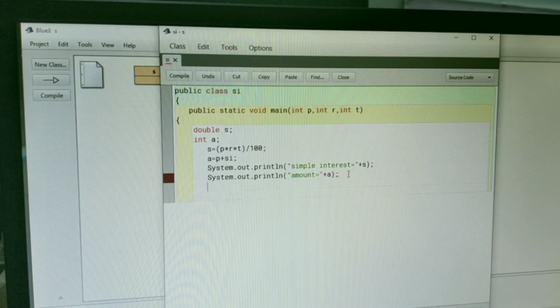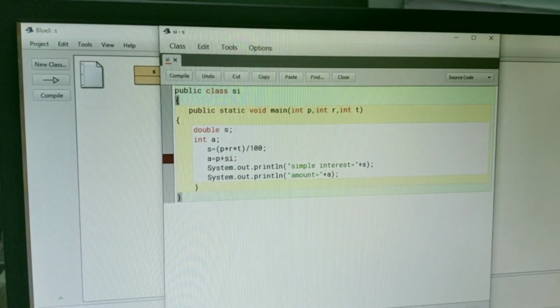Then close the bracket, the first bracket for the main function and one more bracket for the class. You can give them together also, or put them separately, both are correct, no problem. Then you can check your program by compiling it for errors. If there is any error, it will show it, otherwise it will show that your program is error free. Compile it. Then what is done here? Showing an error or not? Wait a minute.